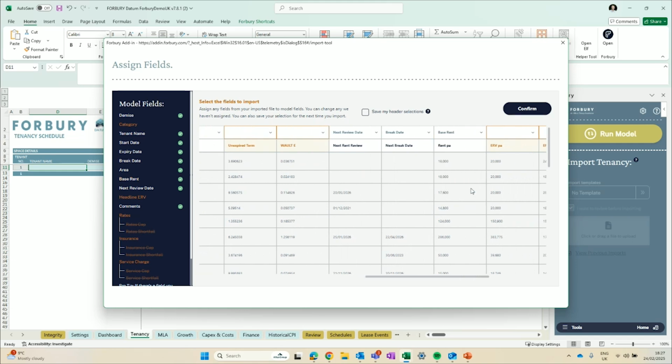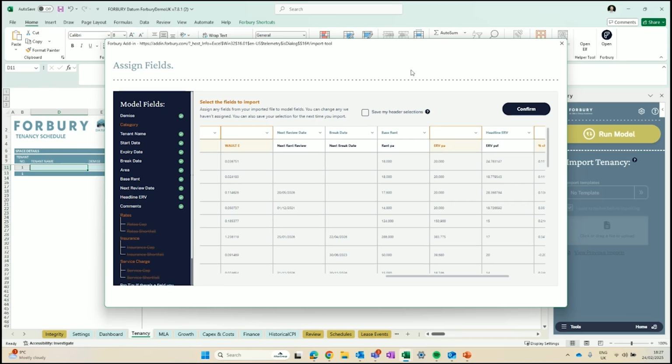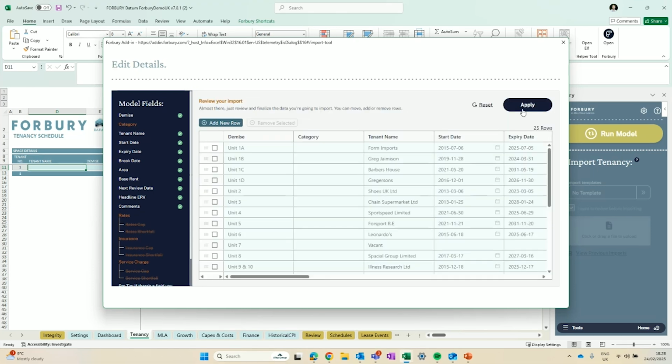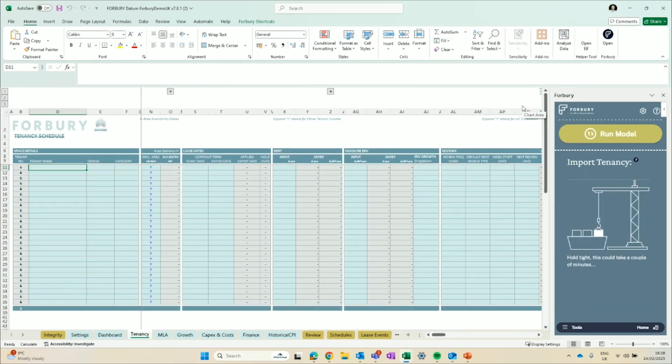If you work with a lot of the same groups, you can save these header selections as a template so that it's even quicker next time when you receive a similar file. Right, now you can click Confirm, click Apply, and this is going to populate all the mapped tenancy data into the Forbury model. Import works for the single asset model and at the portfolio level, which of course is a